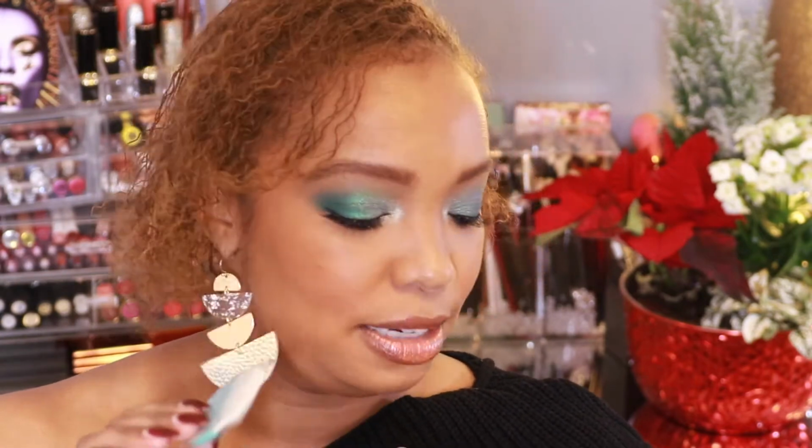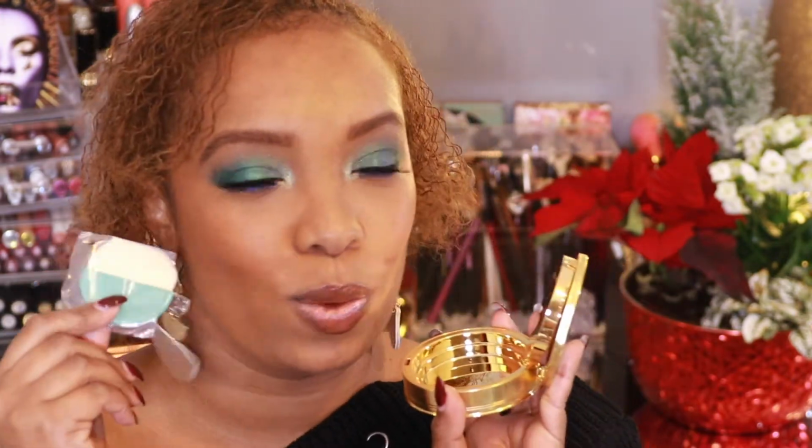It does come with a little brush. I'm not into the brush at all. But it kind of amazes me, as a side tangent, that a lot of the really high-end luxury companies put these little brushes in their compacts. When you think of Tom Ford or Chanel or Dior or Gucci for that matter. Now this one, the bristles do feel pretty good. But they put these little things in here and I'm like,